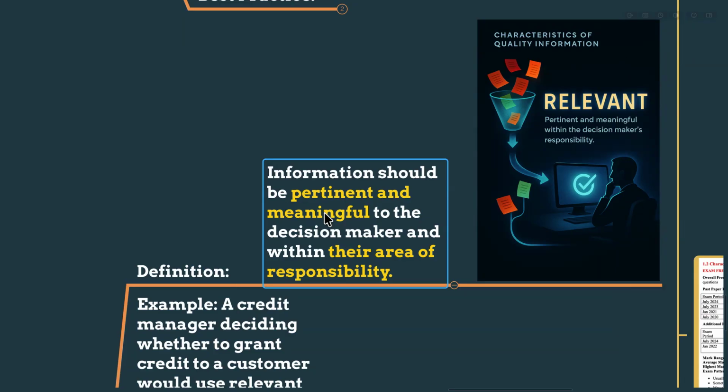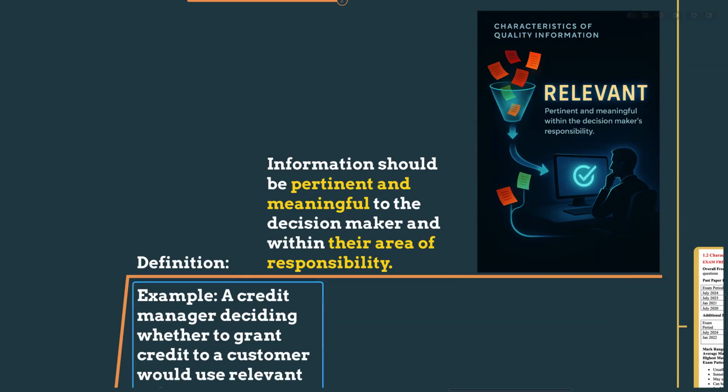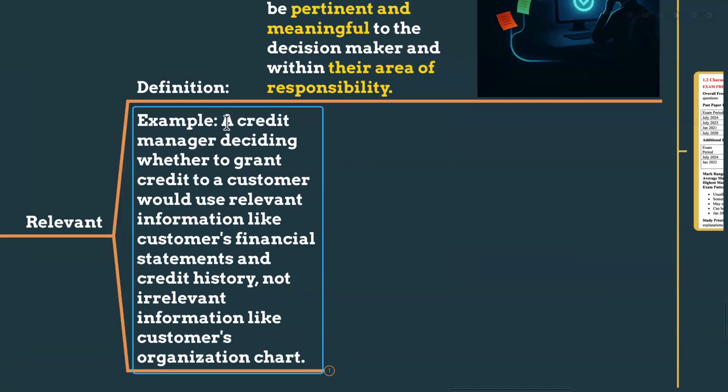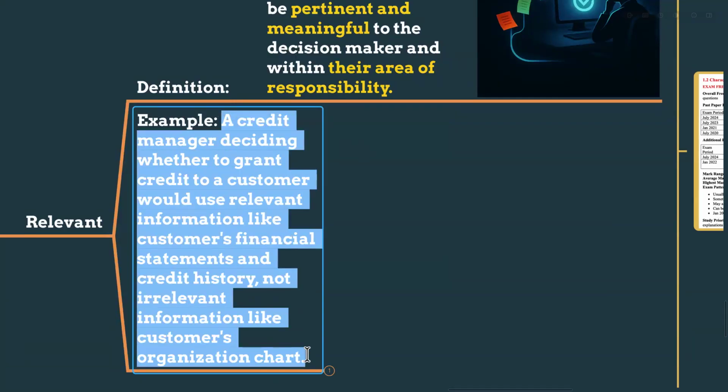So if you want to cook rice, you have to get the recipe for the rice, right? Not the recipe to make the pasta. So the information should be very pertinent and meaningful, right? That's the definition. So the example is here, a credit manager,